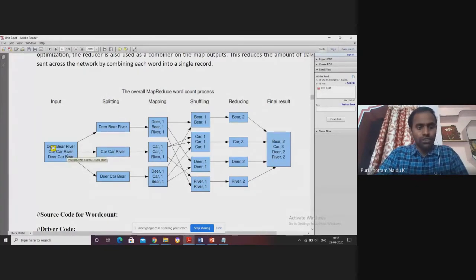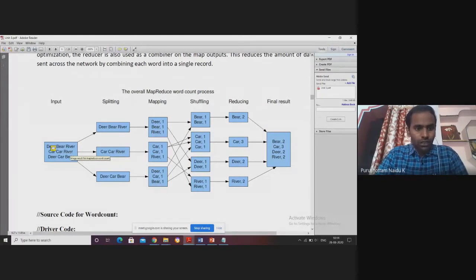This is the input text file. What I want to find out is the count of each and every word. For example, the deer count is 2, the beer count is 3, the car count is 3 and the river count is 2. That is what I want to display as the final result.